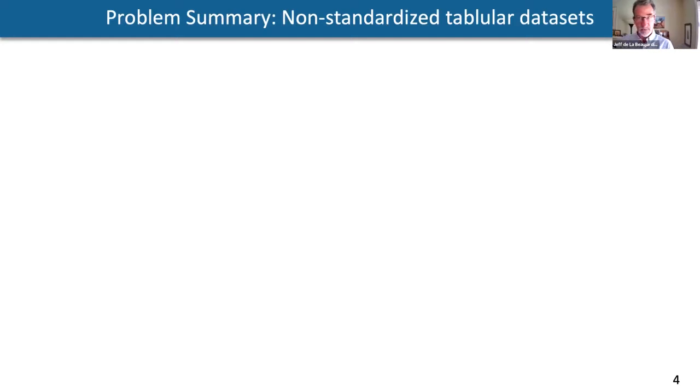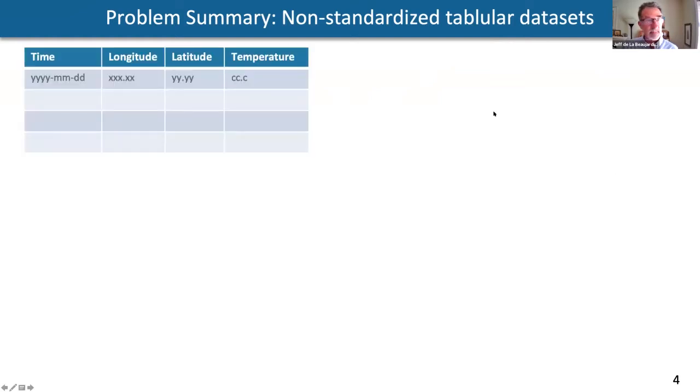So I just wanted to summarize the problem, at least as I see it. One problem being a typo in my title, darn, too bad. There are many data sets that are small and tabular in nature. For example, in this one, this would be a fake in situ measurement of temperature. So you might have a time, a longitude, a latitude, and then a temperature value. Each of those is structured in a certain way, and the columns are named in a certain way. You could imagine getting this as just a comma separated value, plain text file, or tab separated or something. Very easy for a human to interpret typically.